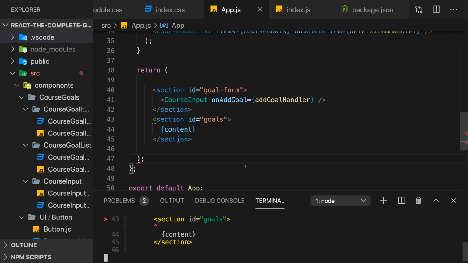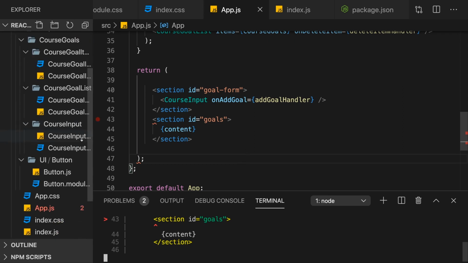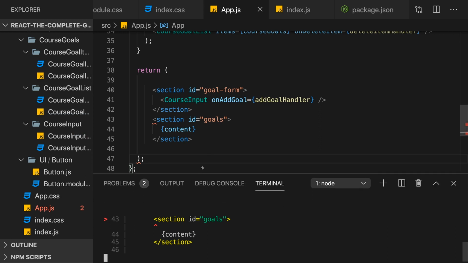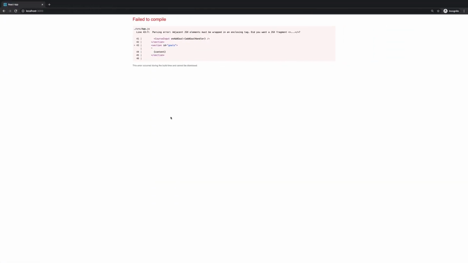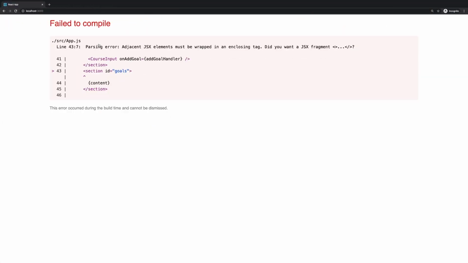Let's start with error messages. Attached, you find a project, which is a slightly altered version of the project we worked on over the last modules. Now, in this attached project, I added a couple of errors, a couple of problems. And therefore, if you run npm install and thereafter npm start, you will immediately get an error here in your terminal. If you visit the application in the browser, you will also basically get the same error output there instead